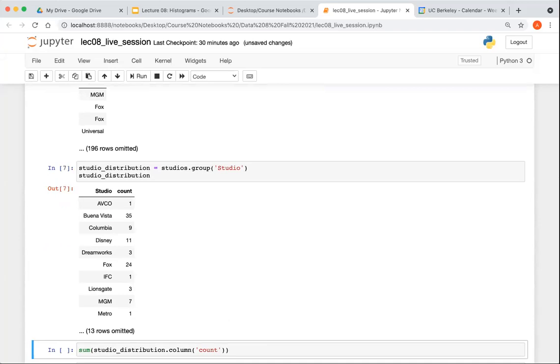Because this is a distribution table. It does exactly what a distribution is supposed to do. It lists the different values of the variable, which is under the studio column, and it says how many were in each, how many were released by each studio. That's in the count column. Yes, this is just an ordinary table. You can relabel columns. So is it necessary to select studio? As I said, you can have multiple columns. We will discuss group in great detail on Friday. This is just an introduction. That is all I'm going to do.